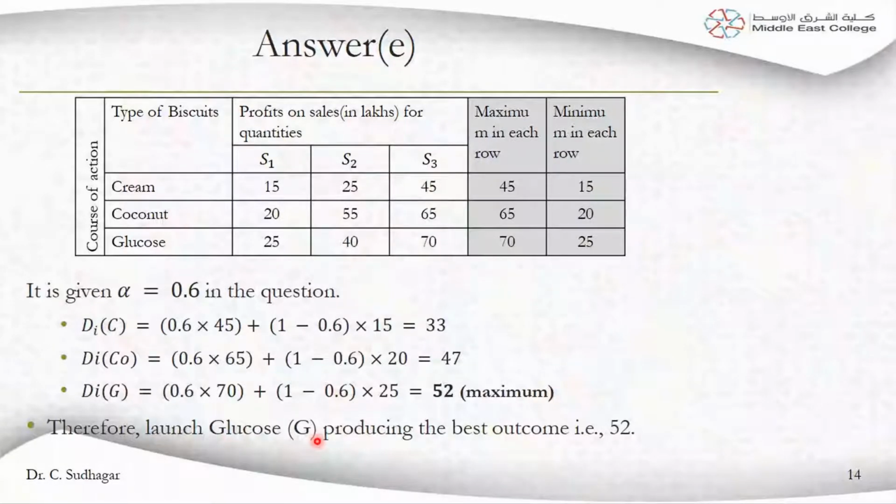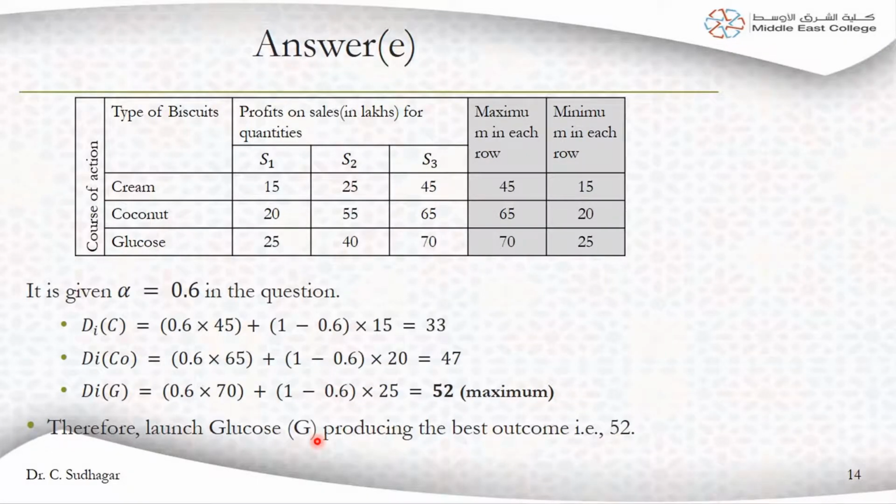So you see that based on different criteria, the decisions are changing. That's why, even though we have certain tools in management to make decisions, the decision changes based on what idea we are using. If you are ready to take a risk, then your decision will be different. If you are not ready to take a risk and you want the minimum sure profit, then your action will be different.